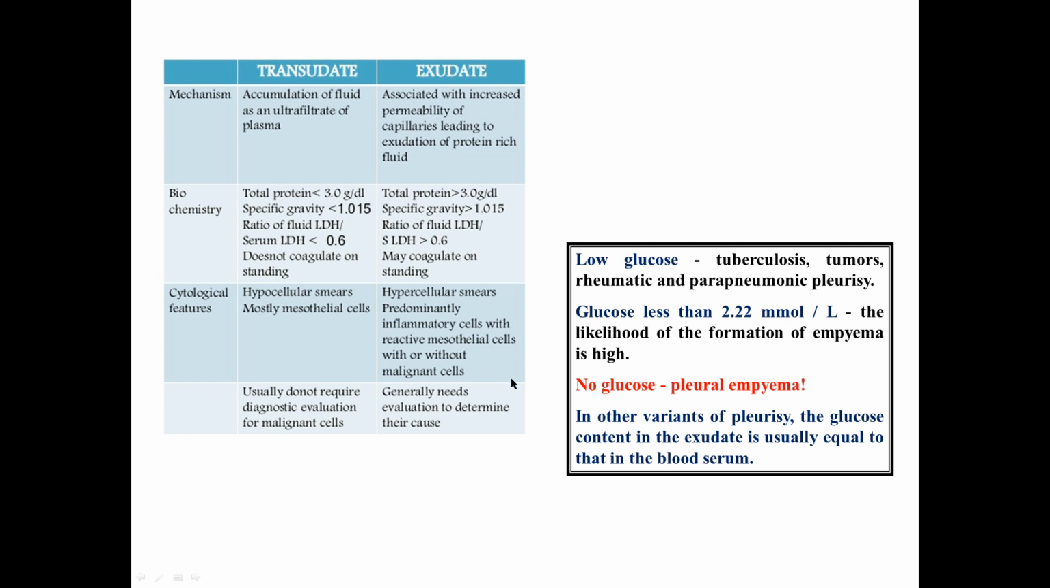For example, low glucose represents tuberculosis or tumor, rheumatic and parapneumonic pleurisy. Glucose less than 2.22 millimole per liter, the likelihood of the formation of empyema is high. No glucose, this is pleural empyema. In other variants of pleurisy, for example in transudate, glucose content in the exudate is usually equal to that in